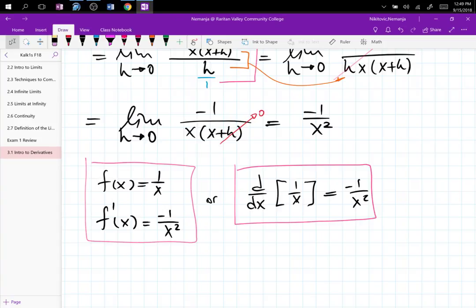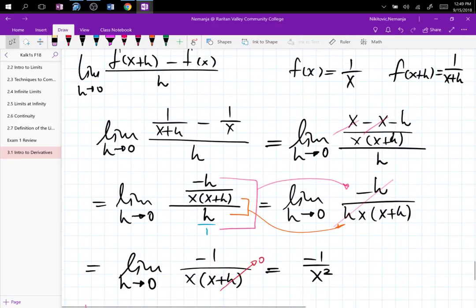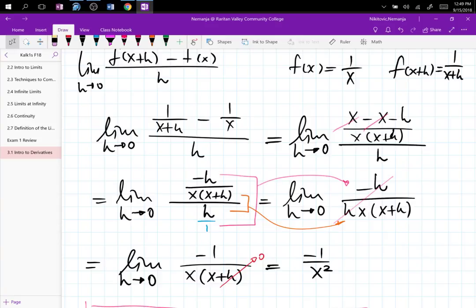Cool? Yeah. Do you have to know this calculation for next class? The answer is yes. That's your 2.3 homework. I just put a new label on it, right? I just called it the derivative. That's all I did today.